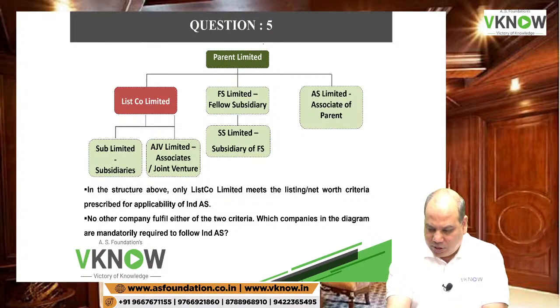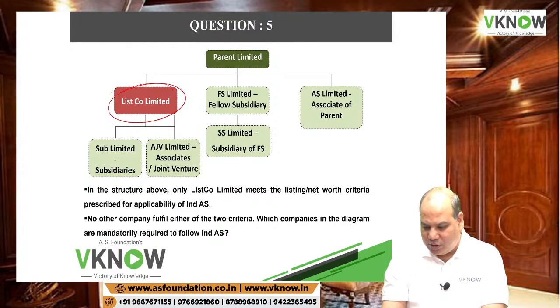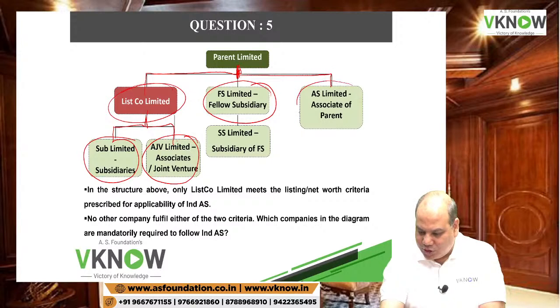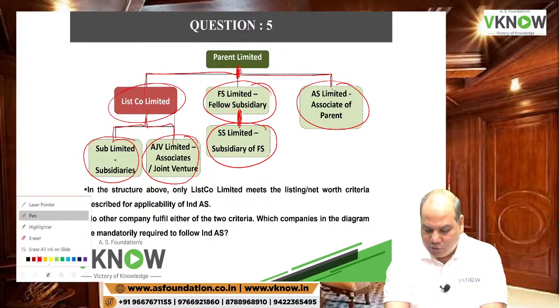You are a parent company here. This parent has a subsidiary, List Company Limited. Then this list company has one direct subsidiary under it and an associate or joint venture under it. This list company has a parent. Parent has one more subsidiary, FS Limited. Then this parent has one more associate, AS Limited. This fellow subsidiary has one more subsidiary, SS Limited. Question is,